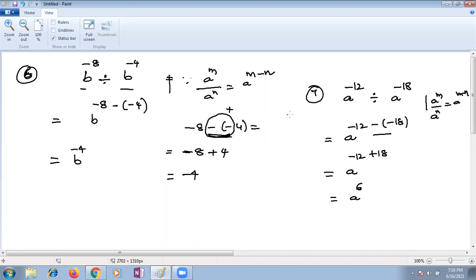Yes, ma'am. Will you give us a worksheet of this? Today definitely you are supposed to do it, children, because each and every law you are supposed to apply. You have to practice n number of sums so that you can get different varieties of questions. Today I'll post a worksheet for you.